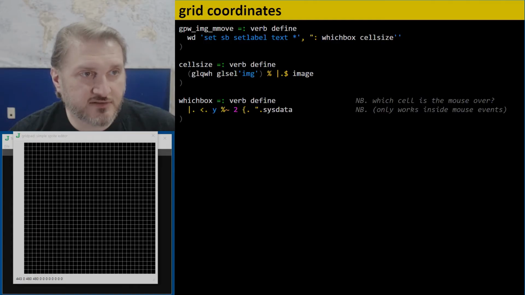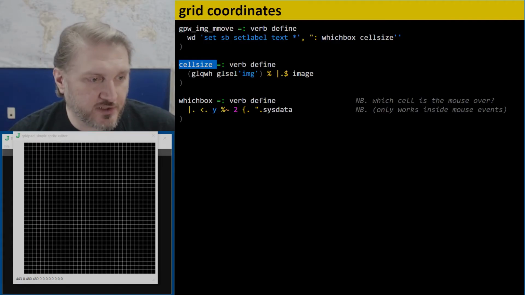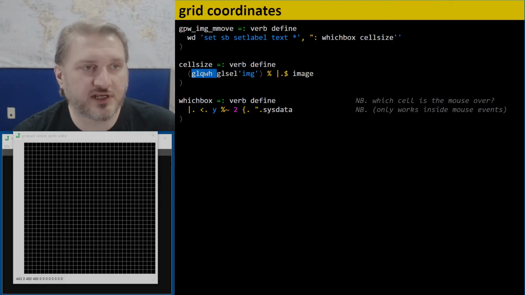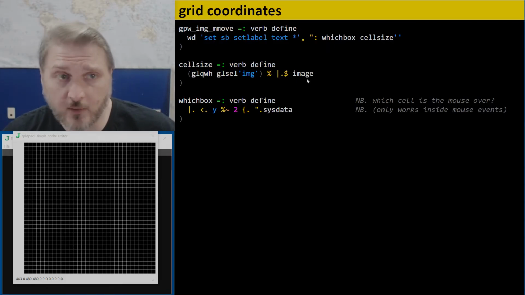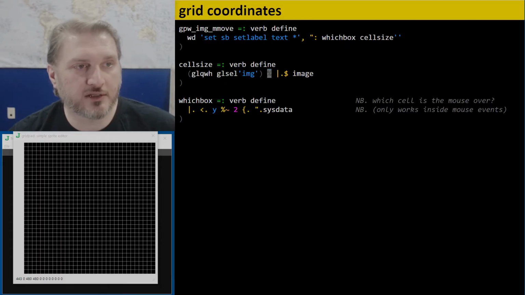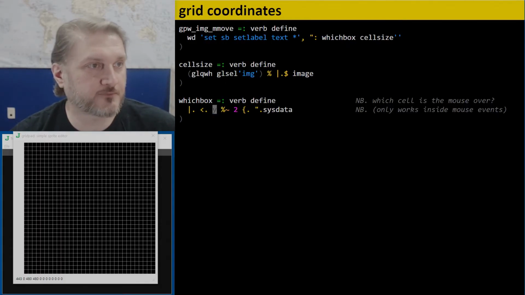So cell size is pretty much the same idea that we used when drawing the grid. We query the width and the height of the canvas and divide it by the shape of the image. But the shape on the screen is width and height, but the shape of an array is height followed by width. So we reverse it before we do the division. This is divide. All right, so now this becomes the y argument here to whichbox, which takes the sysdata string,